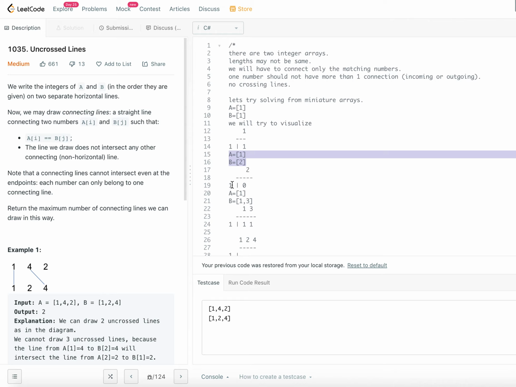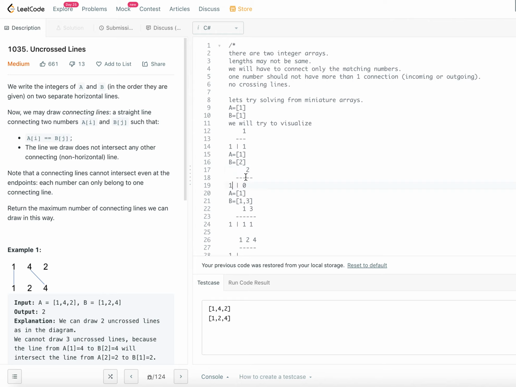As we talked, the column on the left side will hold the elements from array A, and on the top we will put the elements from array B. Imagine this is like a two-dimensional matrix that we are trying to build up. On the rows we have array A represented, on the columns array B. When we go to the bigger examples, it will become a lot clearer.